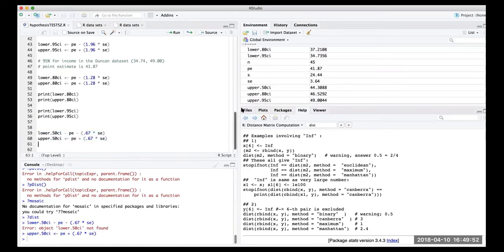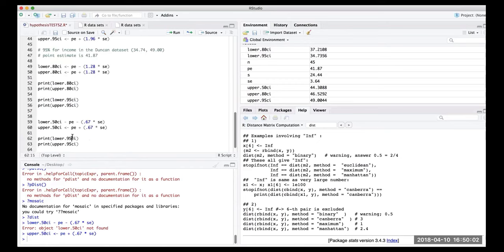And if you do that, you'll see that you get an estimate that is going to be more precise, but it's going to be actually characterized by